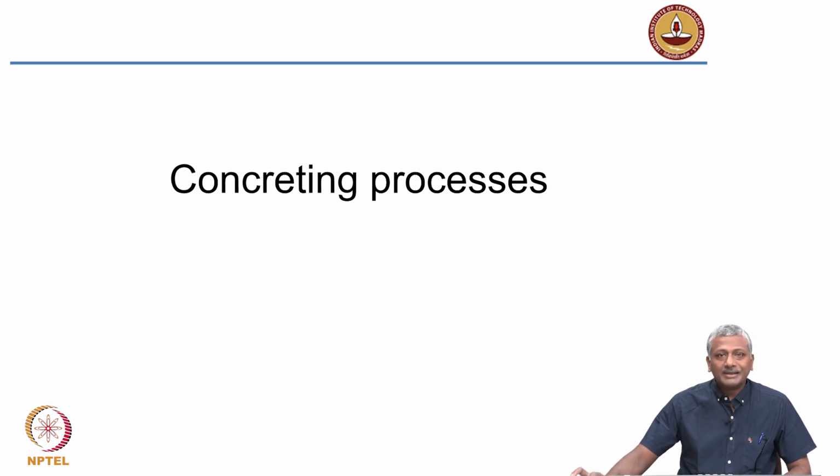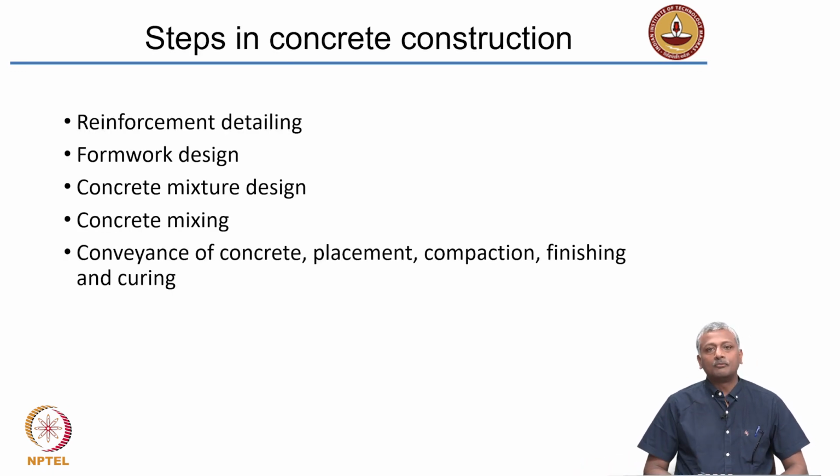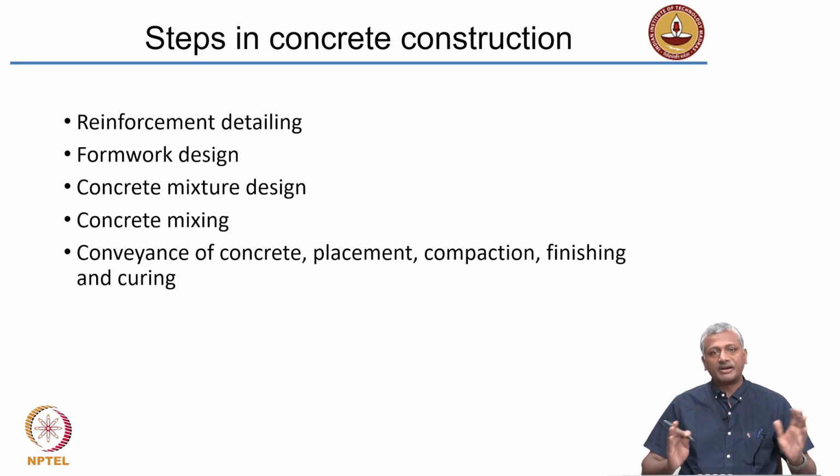So what are the important parts or steps involved in the construction sequence of concrete? First and foremost is the detailing of the reinforcement. This is followed by the design of the formwork, which is going to be actually defining the shape of the concrete structure or structural element. Then we have the concrete mixture design. Concrete mixture design involves selection of the right proportion of ingredients, primarily cement, water, aggregates, in such a way